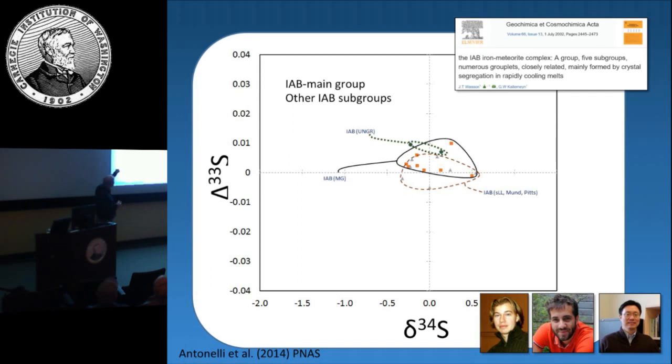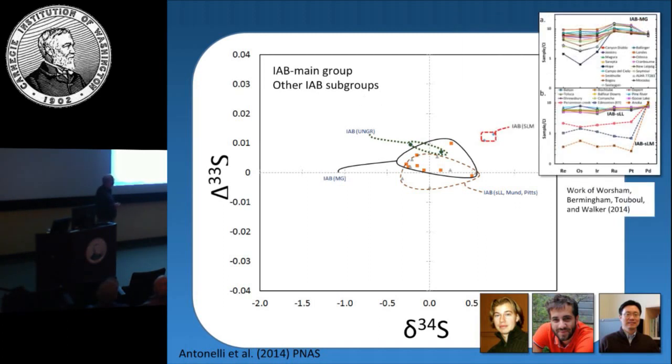If you look at the non-magmatic, there are arguments that suggest, and these are several other groups, and they all look pretty similar, that these different groups may have come from different planetesimals, or at least different pots of metal. But there are some of these that are unusual, and we have analyzed some of them, and they are unusual on the basis of their highly siderophile element chemistry, and this is work of Emily Worsham and others.